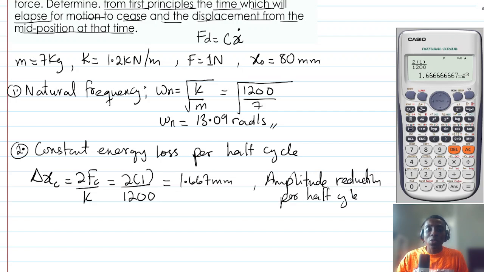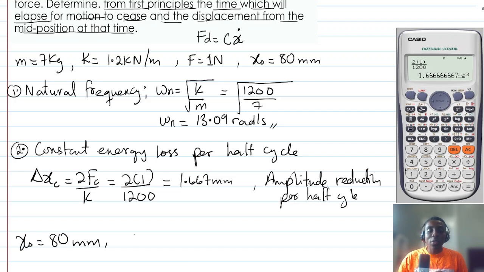Now, so it means that it will be decreasing in the Coulombic damping. The amplitude will be decreasing linearly in each half cycle, and that is the peak amplitude. Now the next step is we have to calculate the number of half cycles until rest. Okay, so if you are beginning with, let's say, an x0 value, which is 80 mm, then to calculate the number of half cycles until it finally comes to rest, this is simply given by